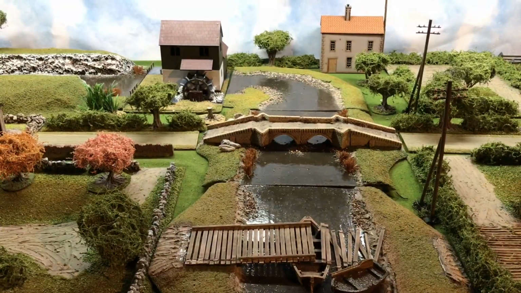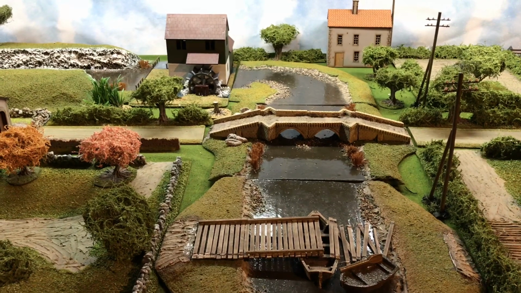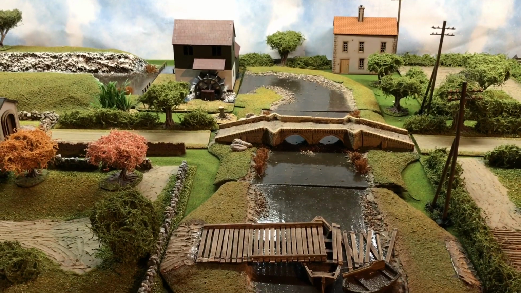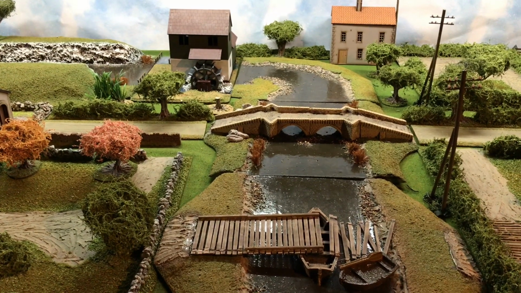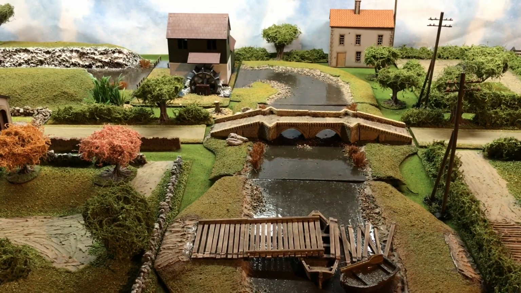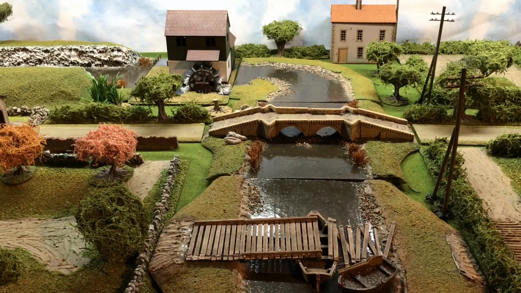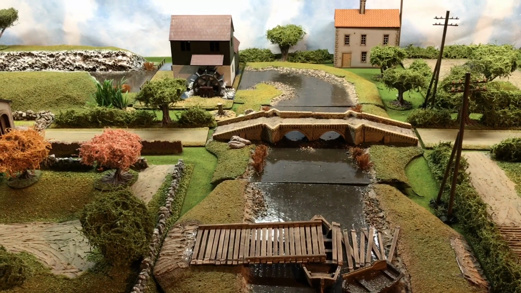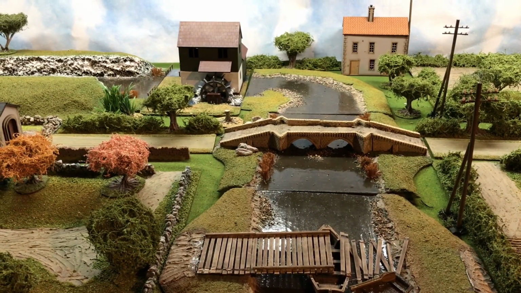Now the river covers exactly halfway of the board, and you'll see across us we've got really two points of crossing the river. One is a semi-shattered footbridge. It's the nearest to you. Now the forces can get across this, but it's going to be difficult going. However, the target is the bridge in the middle, and the victory condition is that at the end of turn 3, whichever force has a section, a squad, across to the other side of the river will be